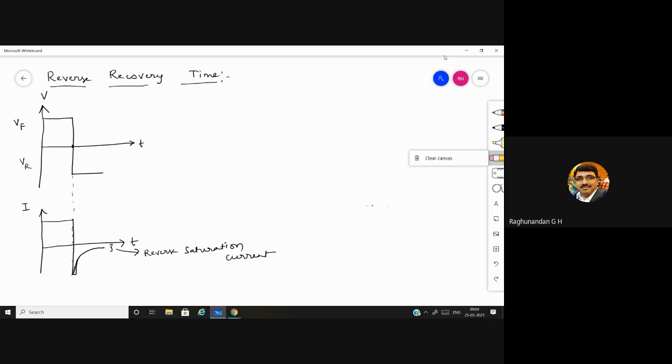Okay. So now here the diode is forward biased, and suddenly we have reverse biased it. Because of the reverse bias condition, the direction of the current is also getting reversed. It is also going to the negative phase. So here the current is positive, that is in the conventional direction. Suddenly when you reverse, the current will be reversed.